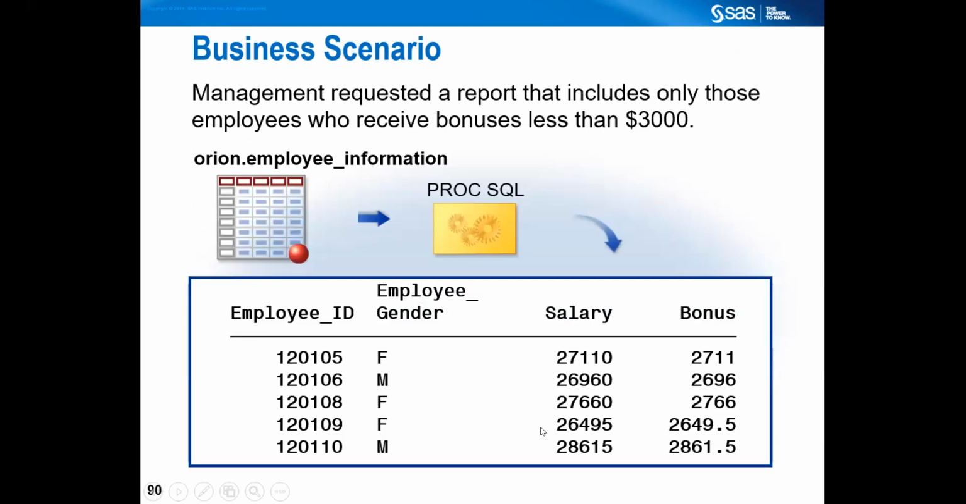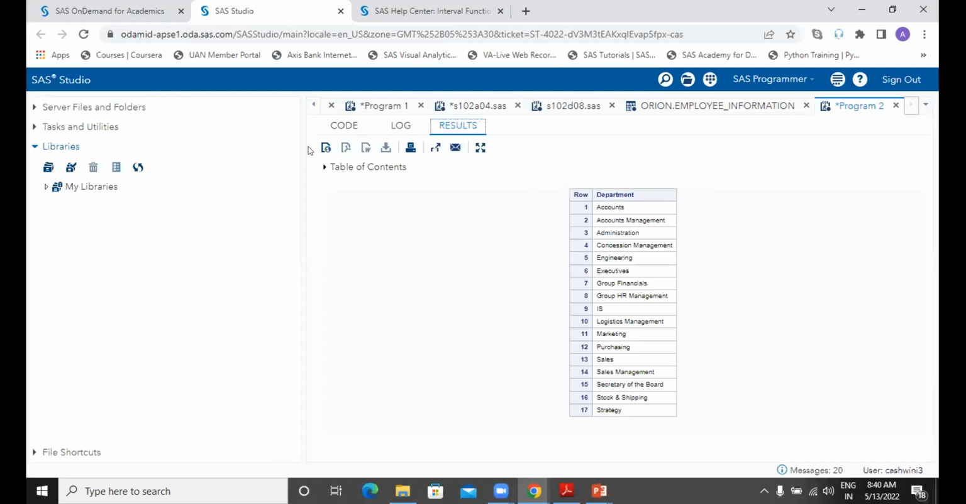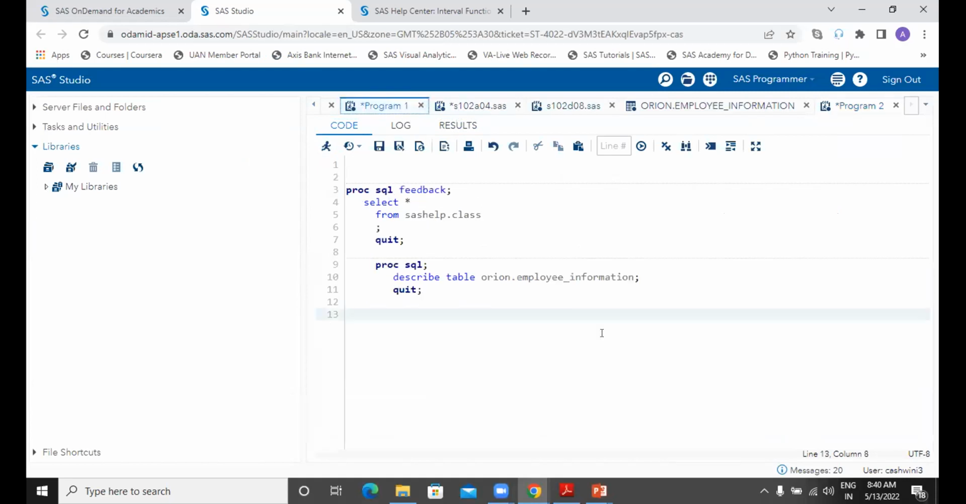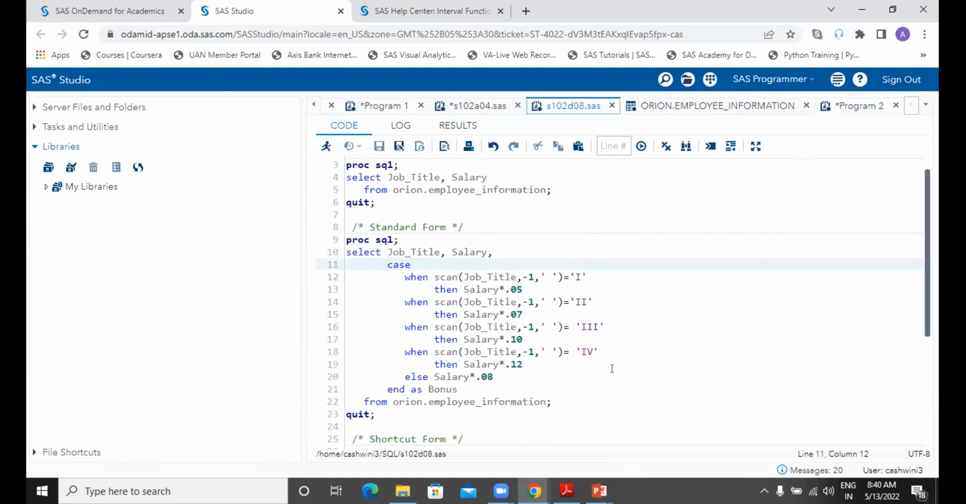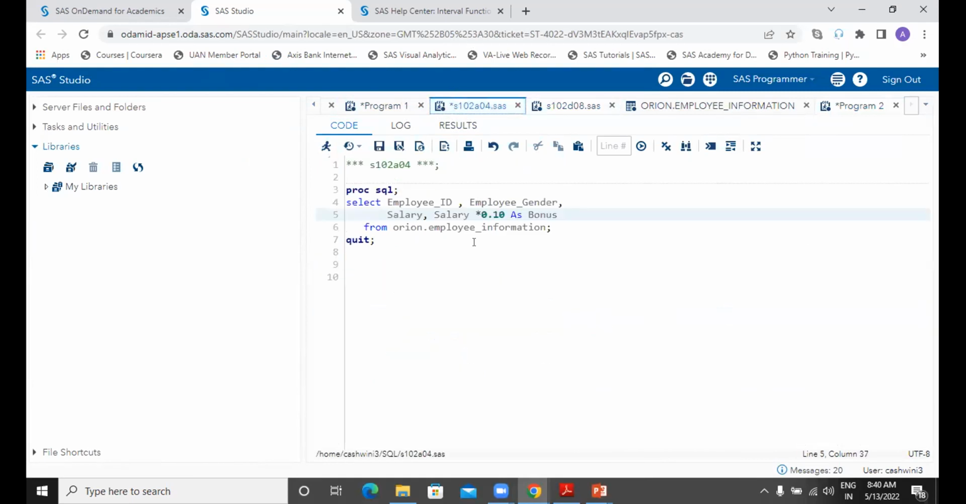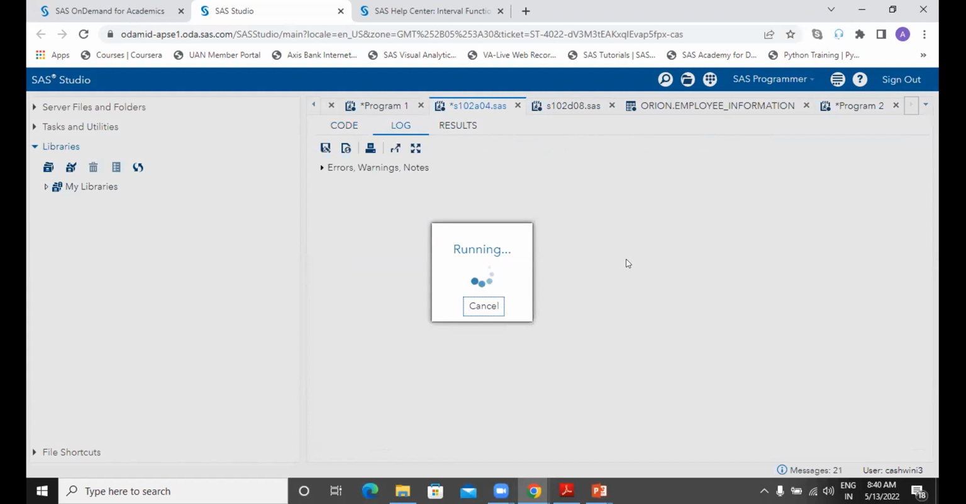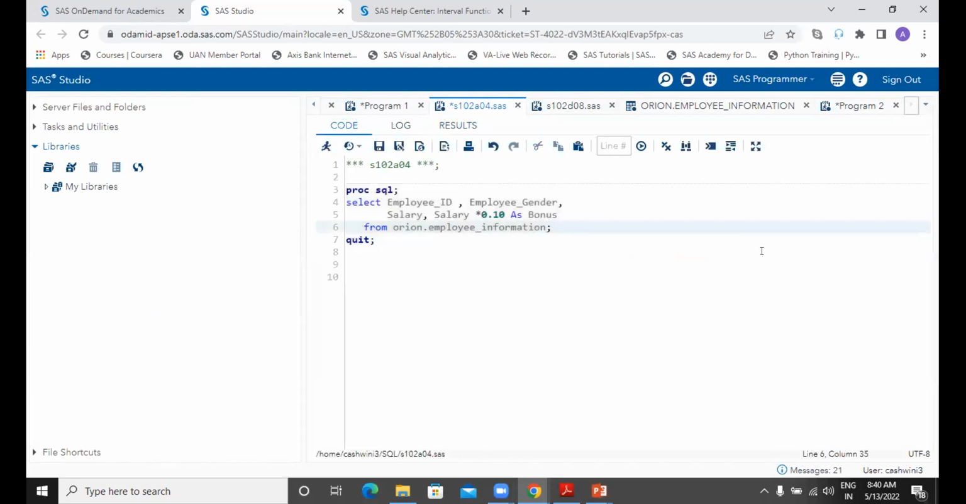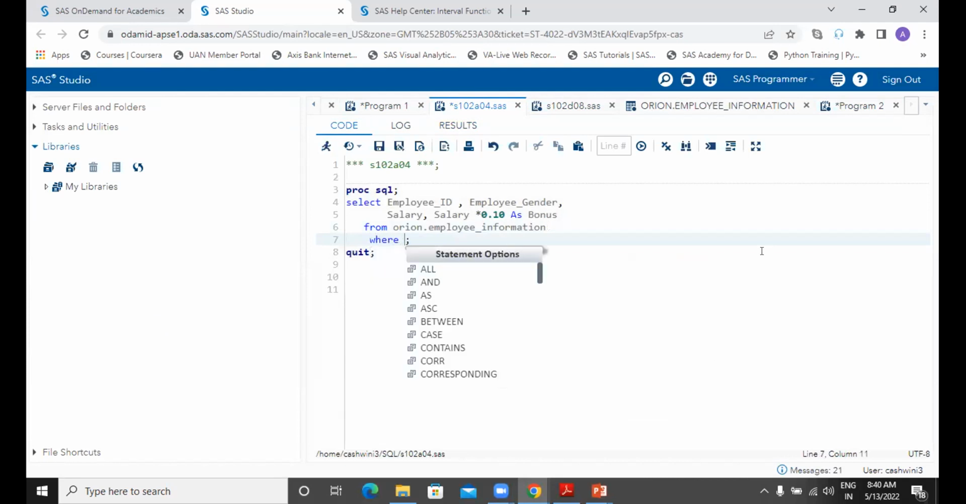Okay, now the next scenario here is management requested a report that includes only those employees who receive a bonus less than 3,000. Now understand the current scenario is a bit different from what we had learned: we are going to calculate the bonus values less than 3,000. We know this expression is calculating the bonus. Bonus is a new column and I want to select on it. So I may make use of a where expression where I subset the rows telling bonus is greater than,